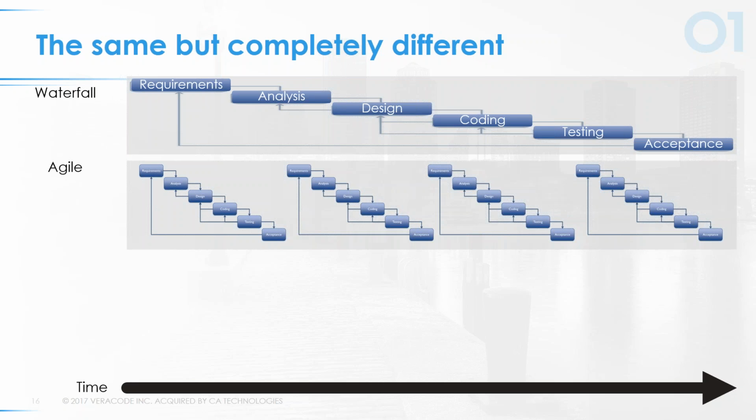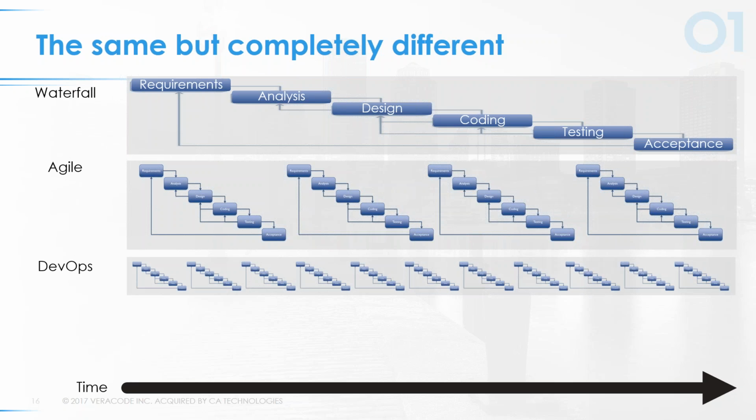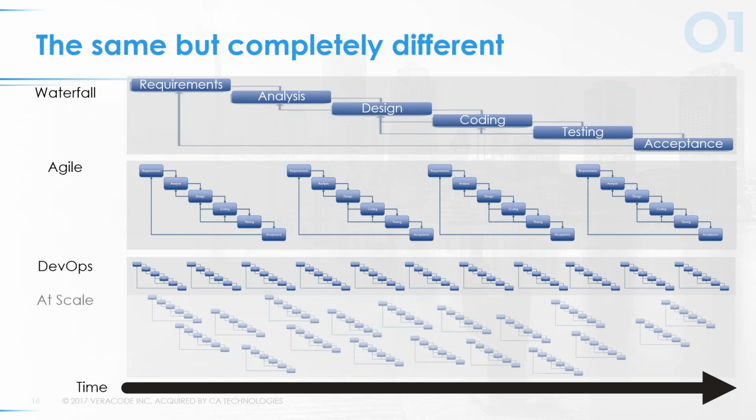But as you start moving into the agile methodologies and then finally into DevOps, where we're now cycling so fast that we might be releasing 10 times a day. And in an application environment where the application is actually made up of dozens or hundreds of microservices, I'm deploying all the time. That application team may deploy 10 times a day, but across my enterprise, I may be deploying hundreds of times a day.